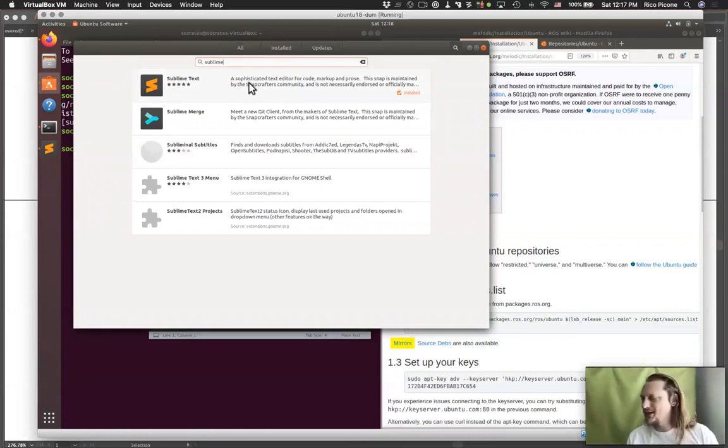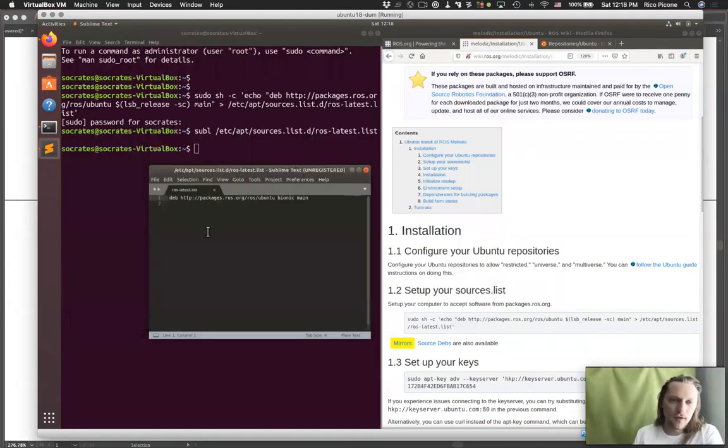It works just like the Apple App Store, or the Google Android store or whatever, but for your Ubuntu installation. So you get Sublime Text, and then you can use this subl command,